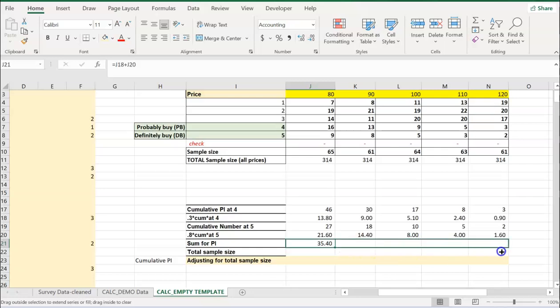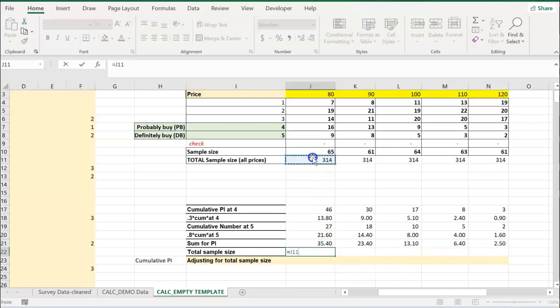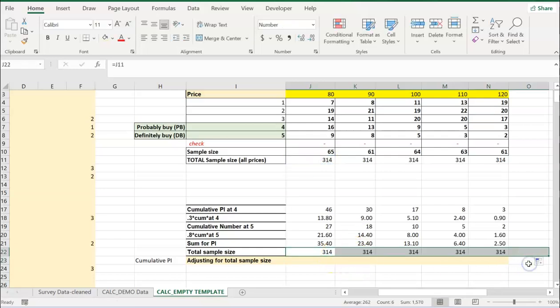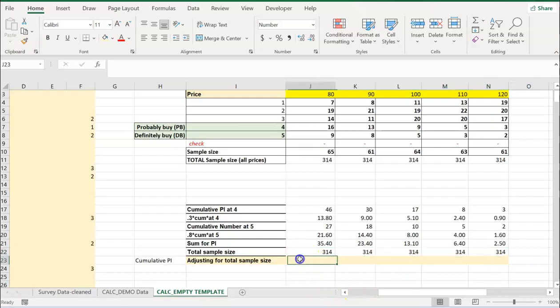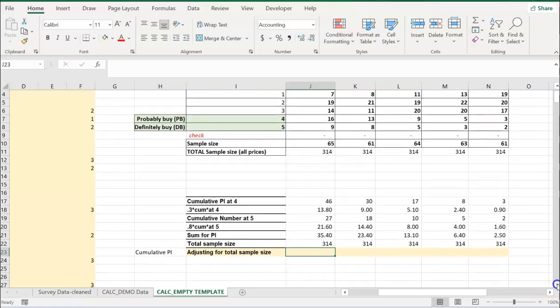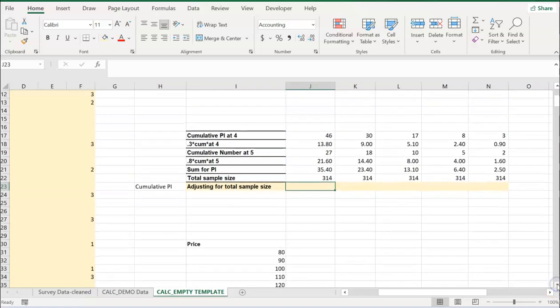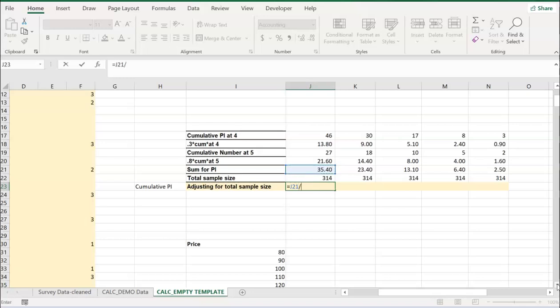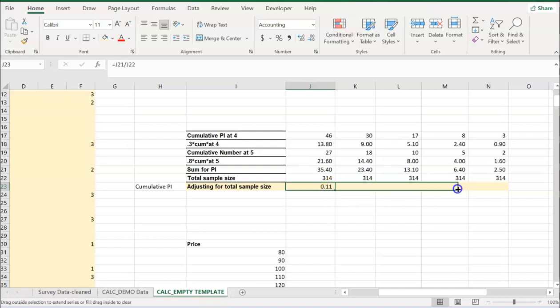All right. And now I'm just going to bring that total size that I did before, the 314. I'm going to put that here. And finally, I'm going to calculate the actual cumulative PI number that I'm going to use for my demand curve, which is going to be that total sum of PI over the total sample size. That's the number I'm going to be using. And now I can copy this,